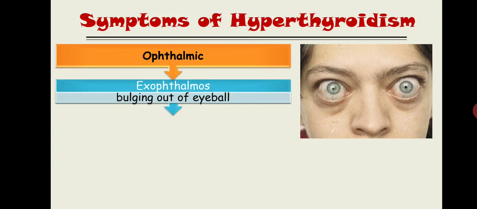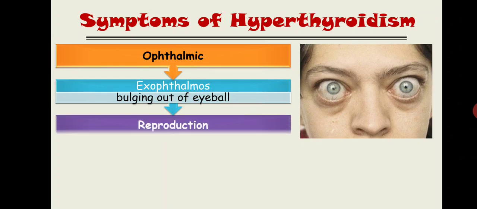And why is there an edematous swelling in the retroorbital tissue? The answer is that there is a fibroblastic proliferation. First is the fibroblastic proliferation, and another one is the accumulation of mucopolysaccharide. Remember the terms fibroblastic proliferation and mucopolysaccharide accumulation. Both of these things will ultimately lead to edematous swelling behind the eye, and it will lead to degenerative changes inside the extraocular muscle. Now why am I making this topic very clear to you guys? Because there is one comment that is actually asked from this exophthalmos topic that we discuss in our next slide.